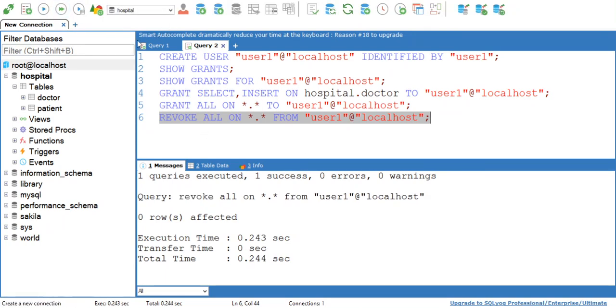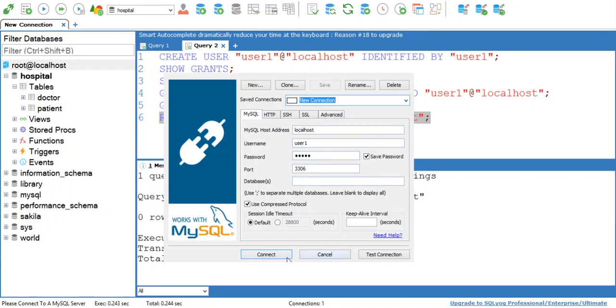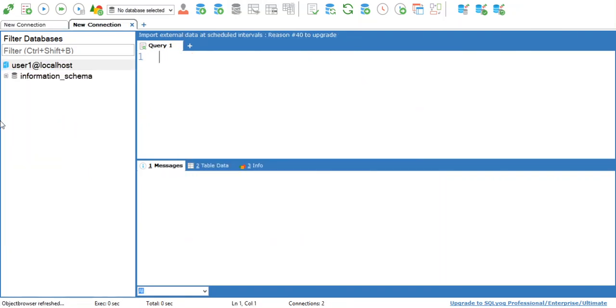Now verify this with a new connection. Here you cannot see any of the databases because we have revoked all the permissions.